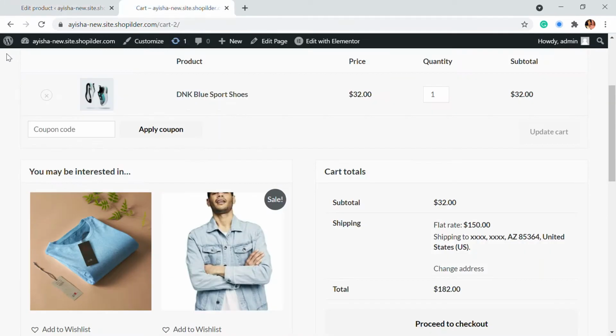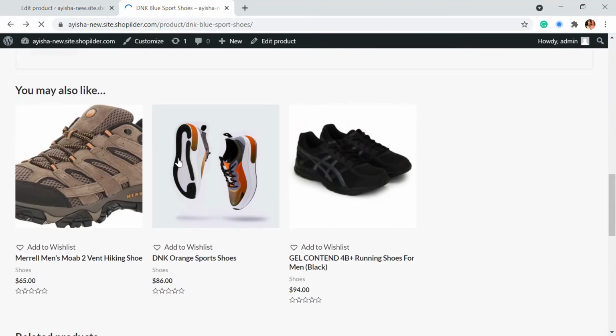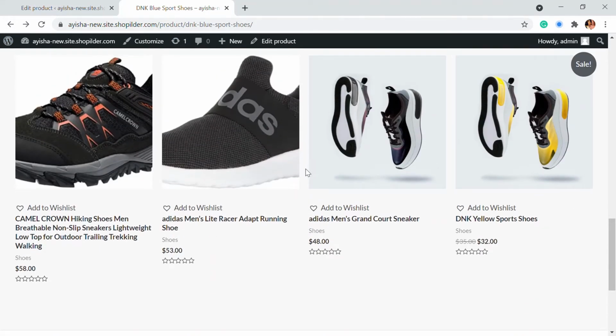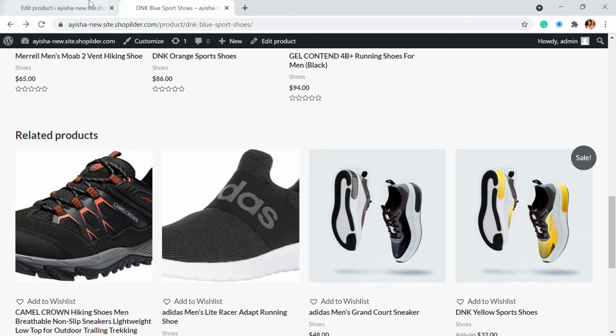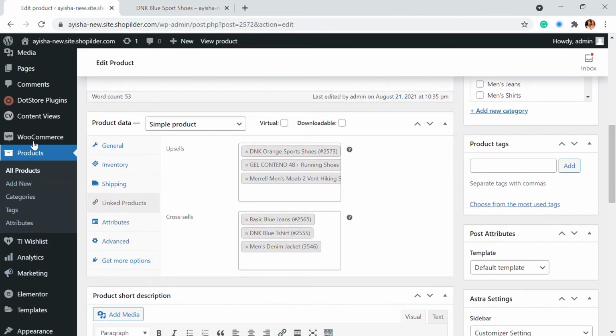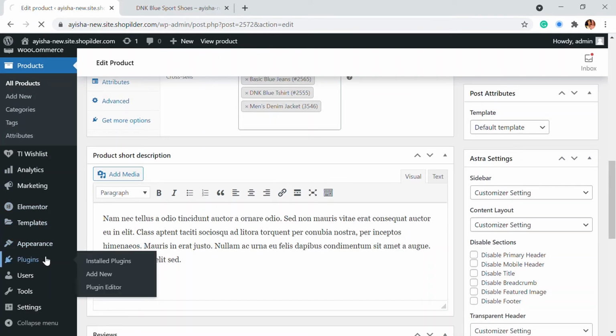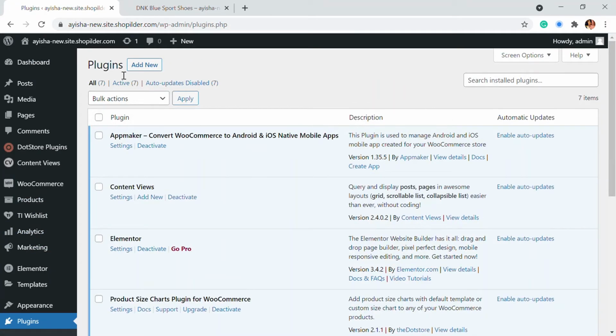What about the related products? Related products are completely chosen by your team, so we can use a plugin to add custom related products. I'm going to click on plugins and click on add new.